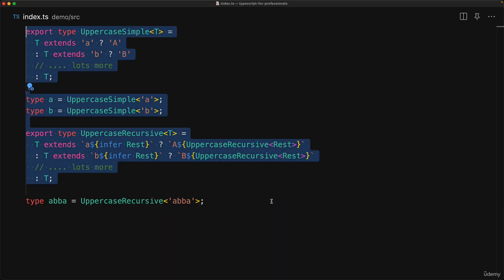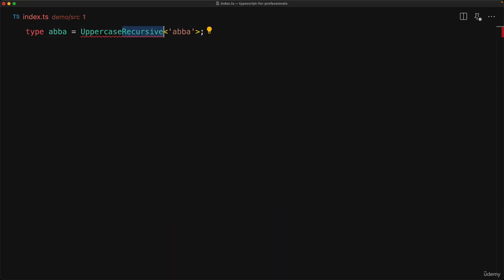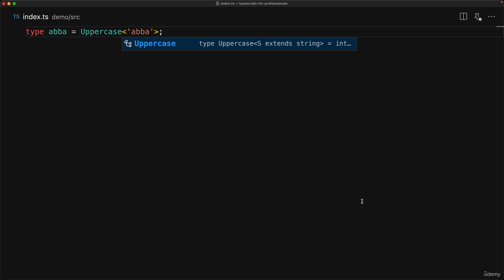Now, if you were to build a type like this, as you would imagine, every single time you would use this, the TypeScript compiler would have to go through all of the conditions to figure out what the output type should be. So to help the TypeScript compiler, these types are built into the compiler for performance reasons. So instead of trying to create our own version, which I'm not going to lie is probably not going to work that well, we are instead going to use the built-in type utility within TypeScript called Uppercase, which does exactly the same thing, which when applied to the lowercase abba, does exactly what we would expect and returns the uppercase